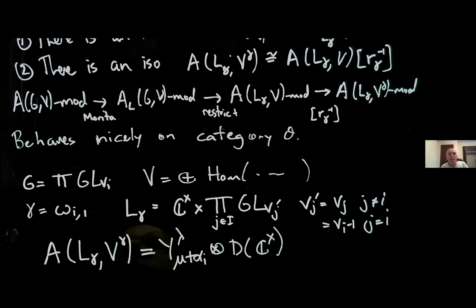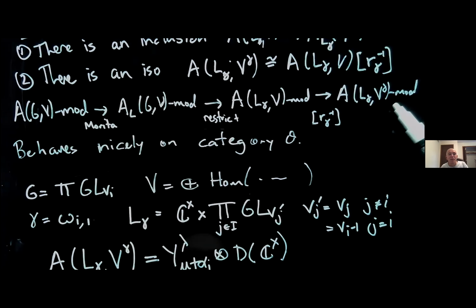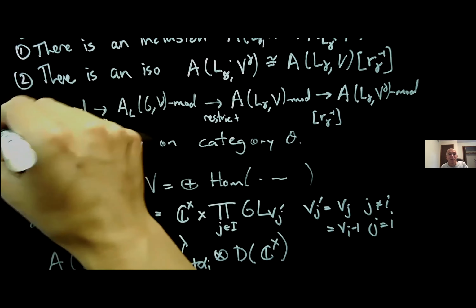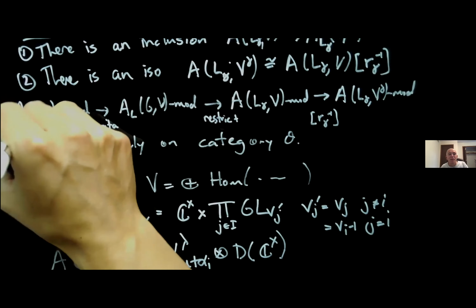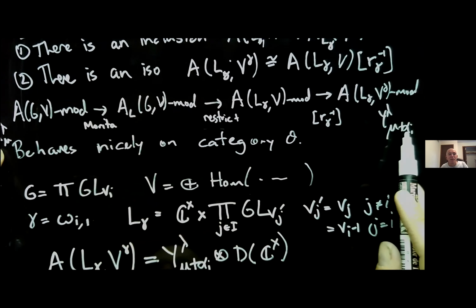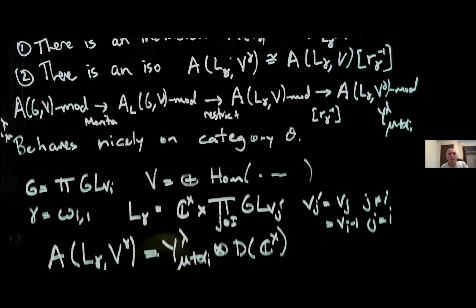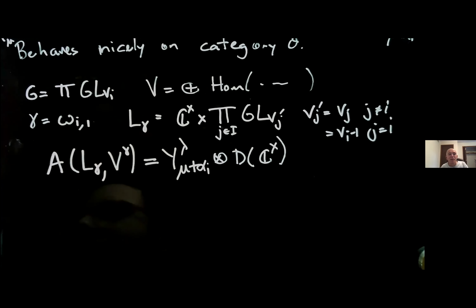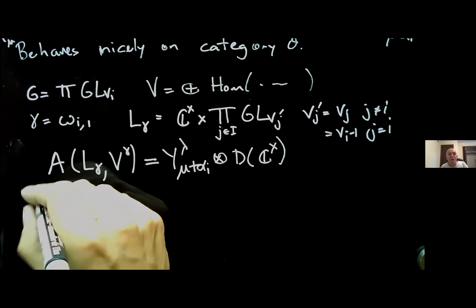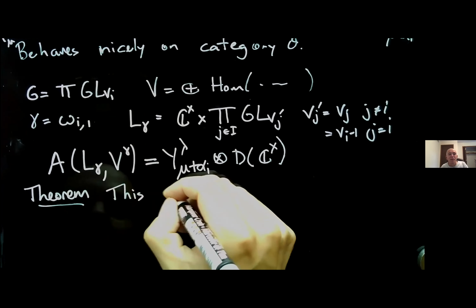So AGV again was y lambda mu, and now on the right side here, I have y lambda mu plus alpha I. Tensor this thing, which is not very important. Yeah, so this is y lambda mu, and this guy here is y lambda mu plus alpha I. So I've now done my goal of constructing a functor between modules for these algebras, or between their category O's. And the theorem is that this does define a functor, which makes that diagram that I mentioned before commute. There's a functor making